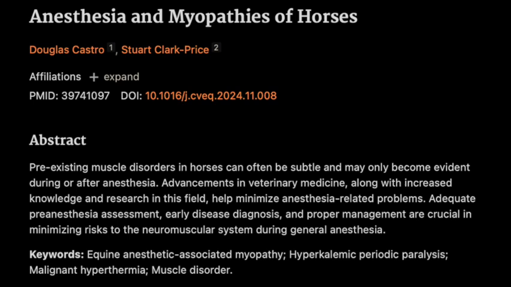Okay, now the article also talks about geriatric horses. Right. Geriatric horses, just like older people, often have their own set of challenges. They might have underlying health issues, decreased organ function, and less ability to handle stress. So what are the key considerations when anesthetizing a geriatric horse? The article really stresses the importance of doing a thorough pre-anesthetic evaluation. We need to catch any potential risks and make sure they're as healthy as possible before we even think about